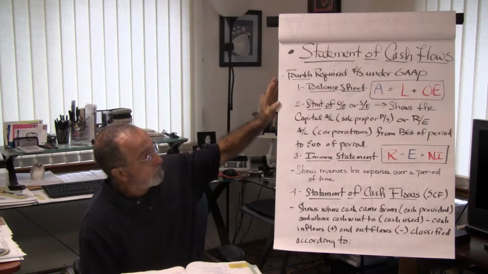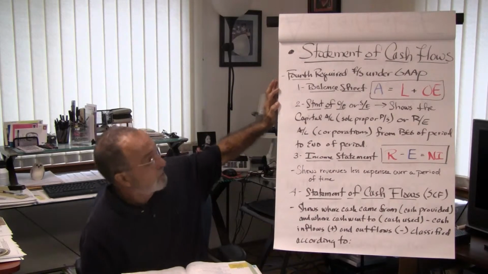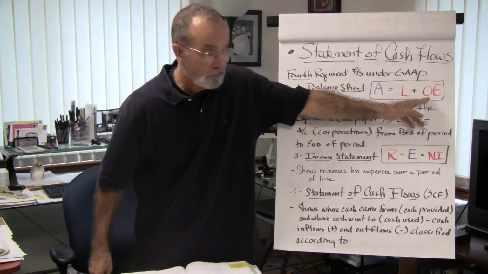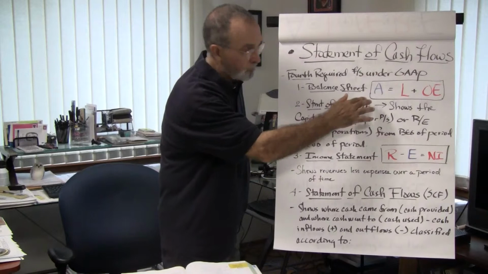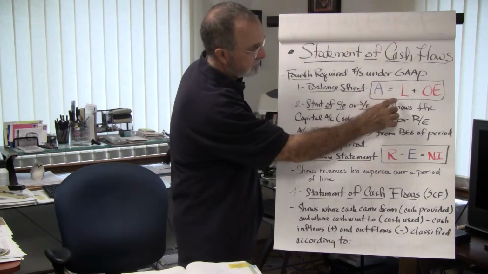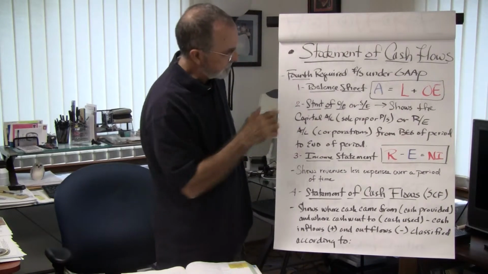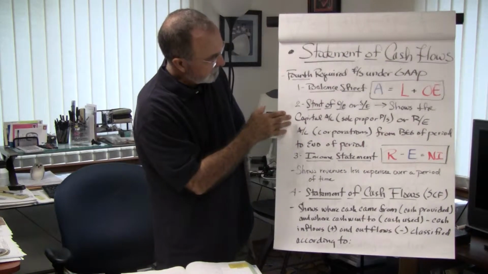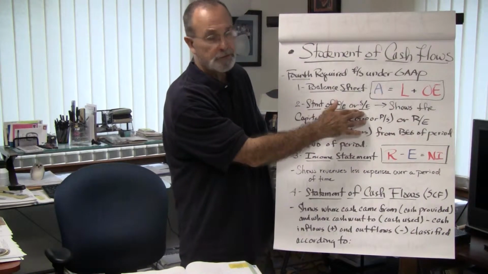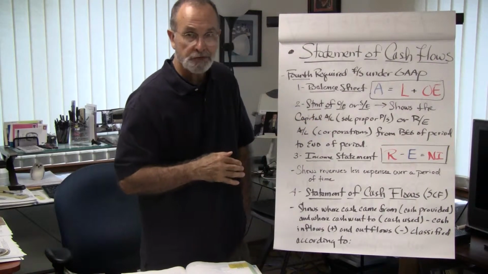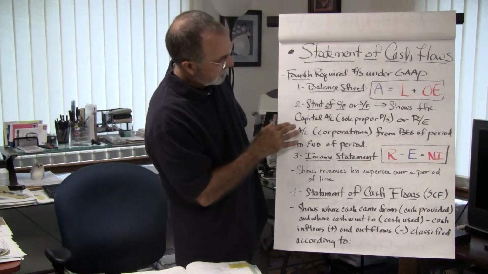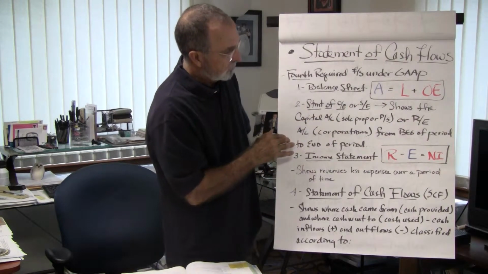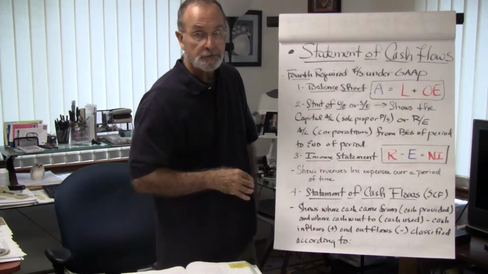Just a quick review. We have the balance sheet. The balance sheet shows us assets, liabilities, and owner's equity in the form of the accounting equation. Assets are always equal to liabilities plus owner's equity. That's the balance sheet. Then we have the statement of owner's equity, or for a corporation, a statement of shareholders' equity. It shows the capital account if it's for a sole proprietorship or partnership, or the retained earnings account if it's for a corporation,